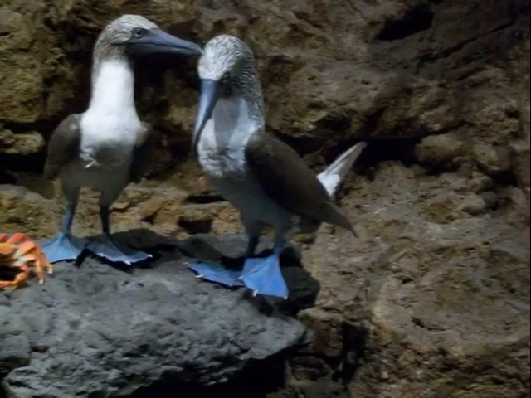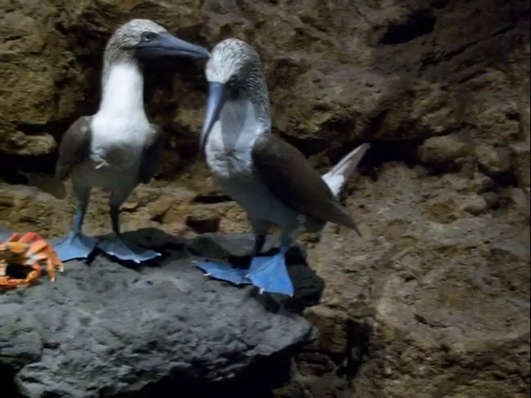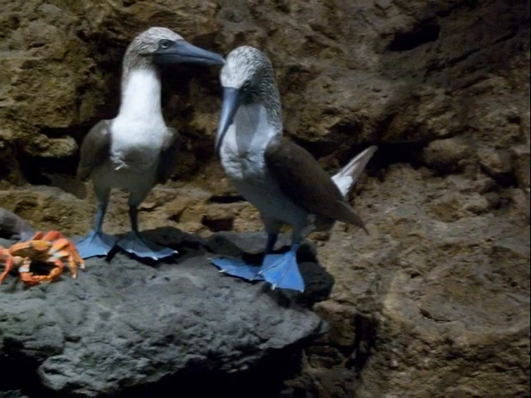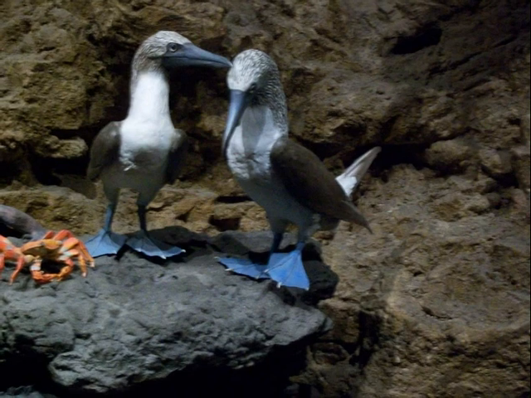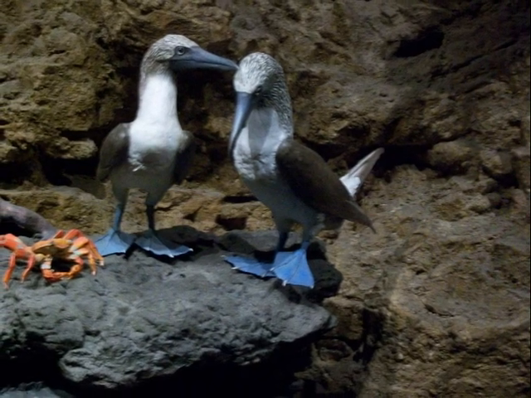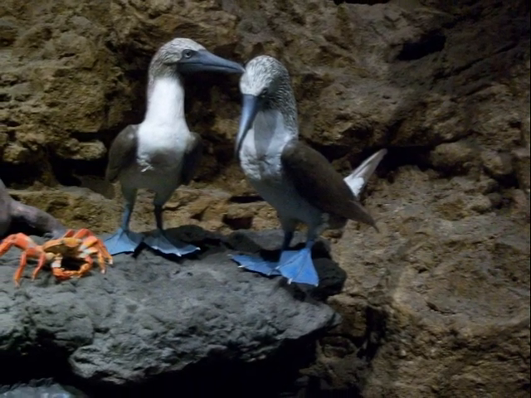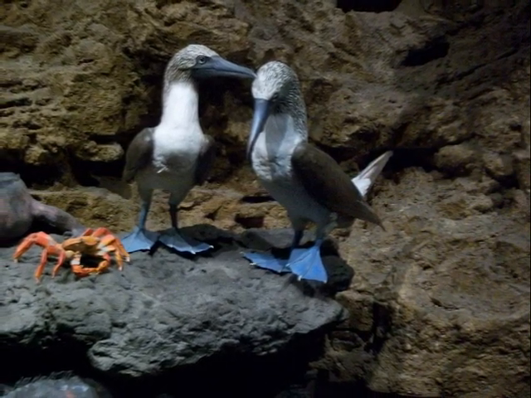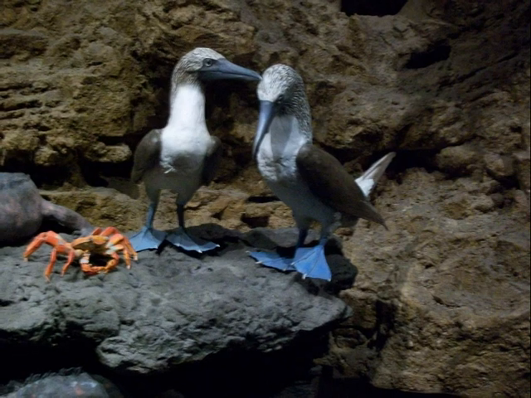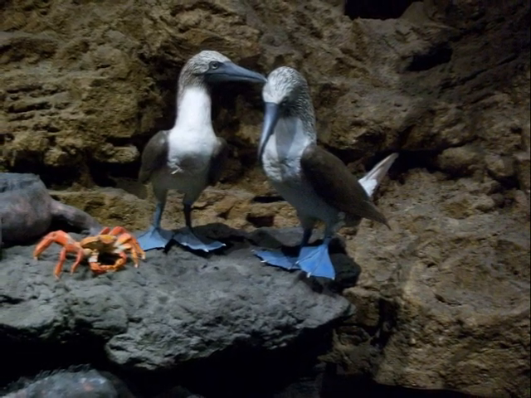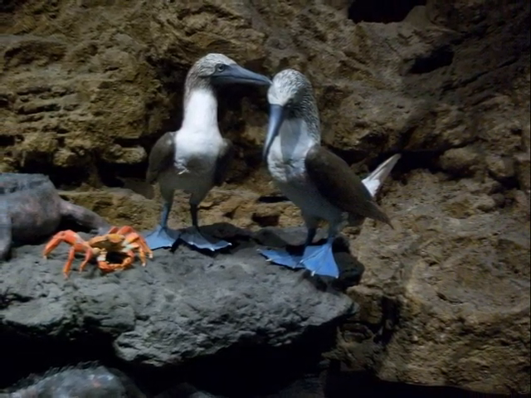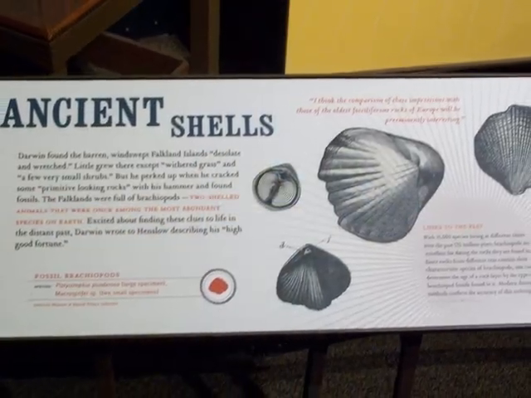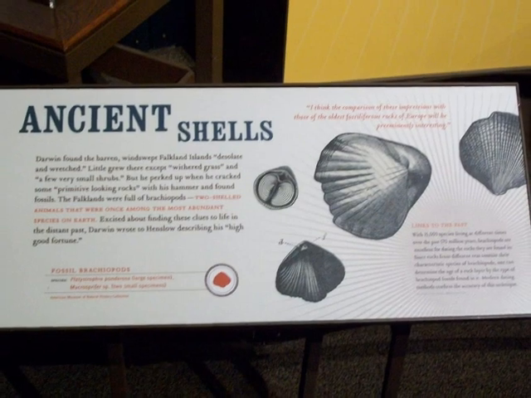Here you see the blue-footed booby and the sally-footed crab. These birds and crabs are only found on the Galapagos Islands. Named for a word meaning foolish person, boobies are known for their complete absence of defensive behavior. Though awkward when walking, blue-footed boobies are swift-flying seabirds that dive from 80 feet and snatch a flying fish out of midair.